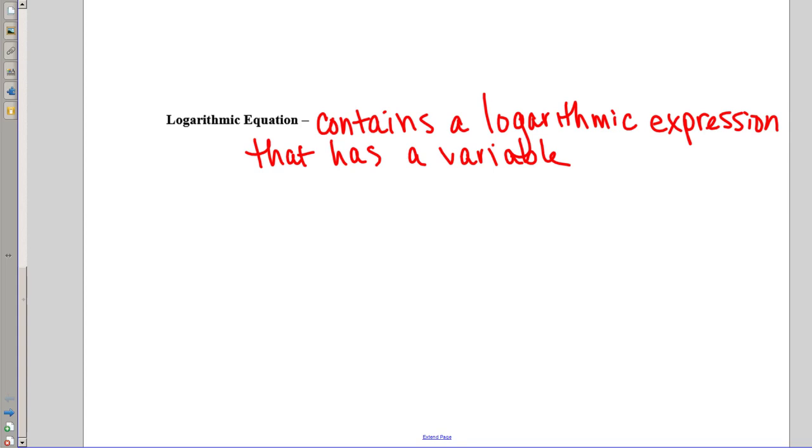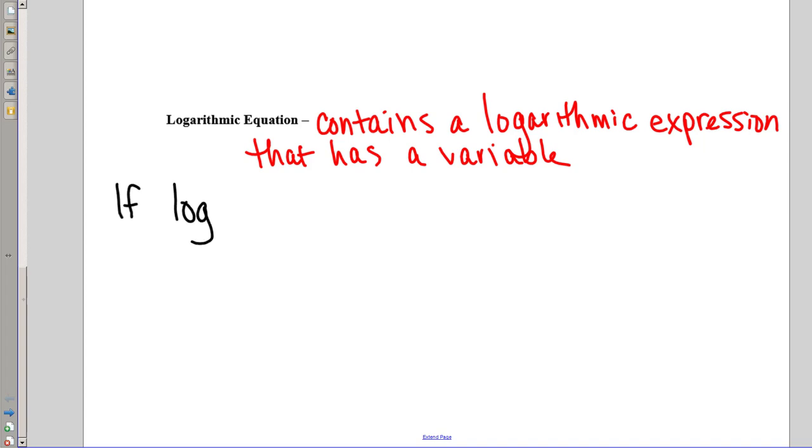So it contains a logarithmic expression that has some variable included in there, okay? Which means that you're going to have to figure out how to isolate that variable. So there's a couple of different types of log problems. One might look like what our exponential ones did, where if you have logs with the same base, so if